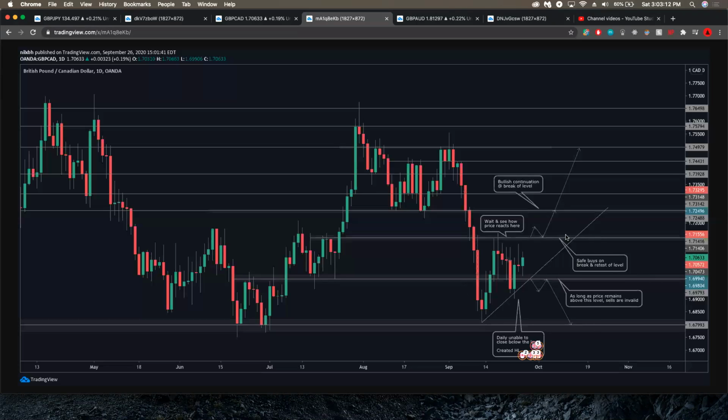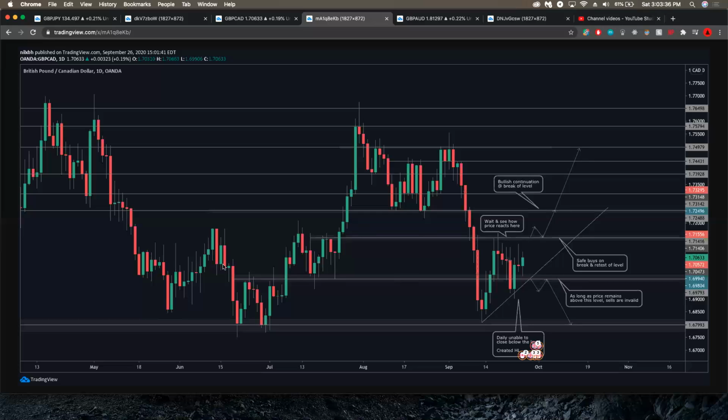then continue down. Otherwise, we will be watching and seeing how price reacts to here, this daily market structure. And if it breaks up, then we can continue up to the next level and then the levels preceding that, okay? Otherwise, you see how the shift in market structure, same thing happened here. As soon as price broke up, it continued up, okay? So we're just watching currently, and we'll be keeping an eye out for how price reacts at this level, because